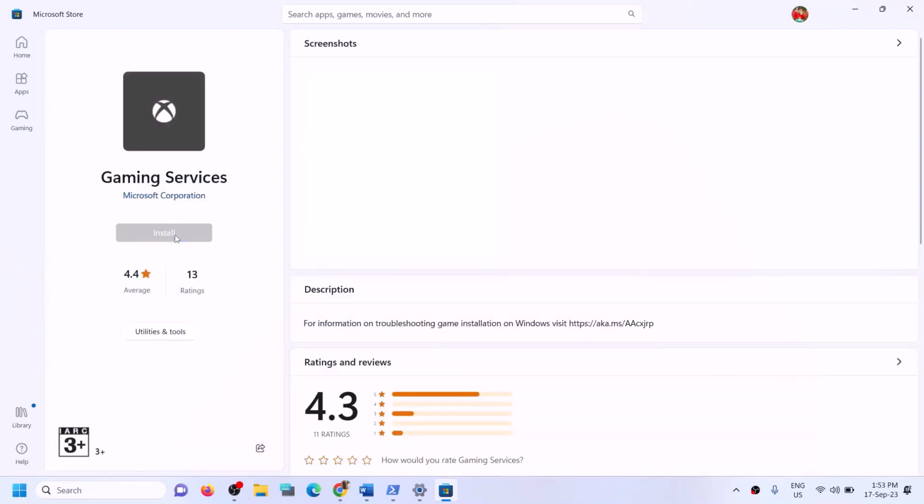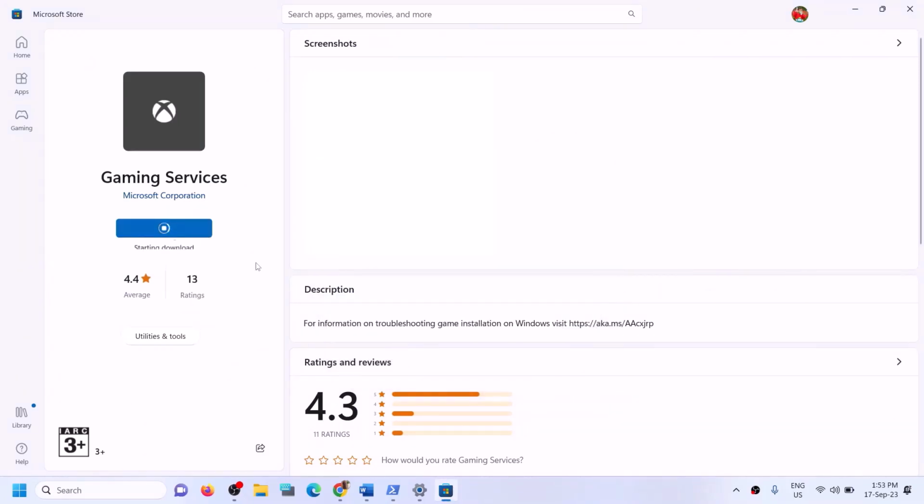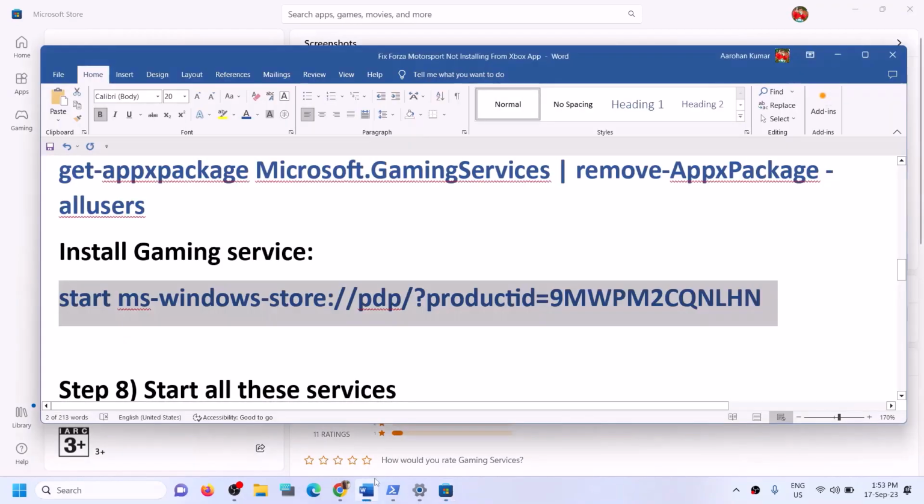And on Microsoft Store, you will see gaming services and it will give you an option to install gaming services. So click on Install, click on Yes to allow and let the download complete. Now, once gaming services is installed, then you can try to install the game. Now if you're still facing the problem,